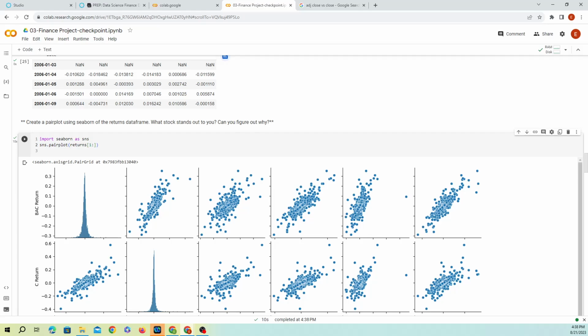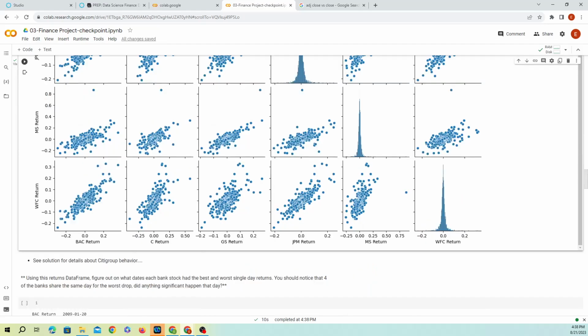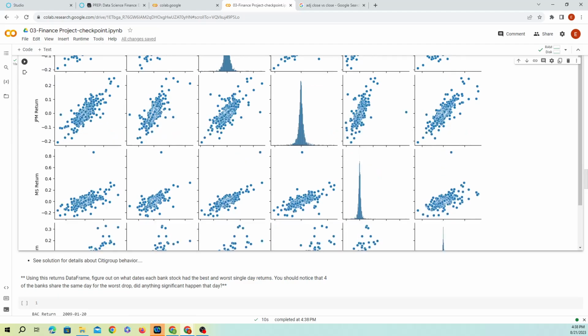The Morgan Stanley return and the Goldman Sachs return has a much more straightforward relationship, which is nice. You can see here that the JP Morgan return and the Goldman Sachs return is not very linear. And also the Goldman Sachs return and the Wells Fargo doesn't have a very straight linear regression. So you can see the correlation, so you can determine which data you're going to be able to use to analyze. So in this case, we're going to look at the